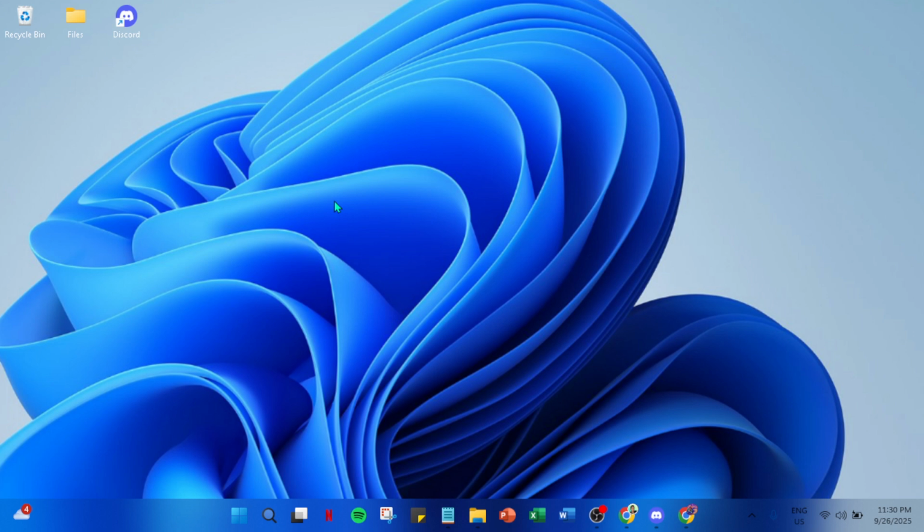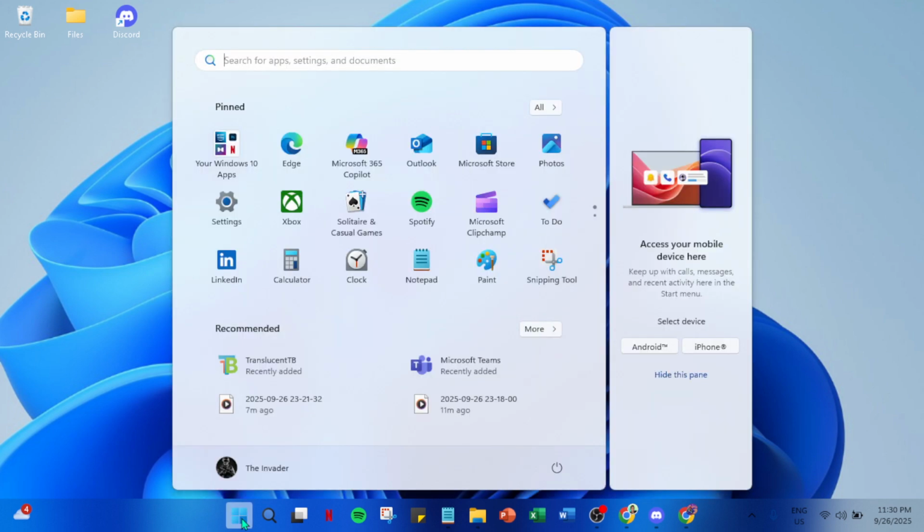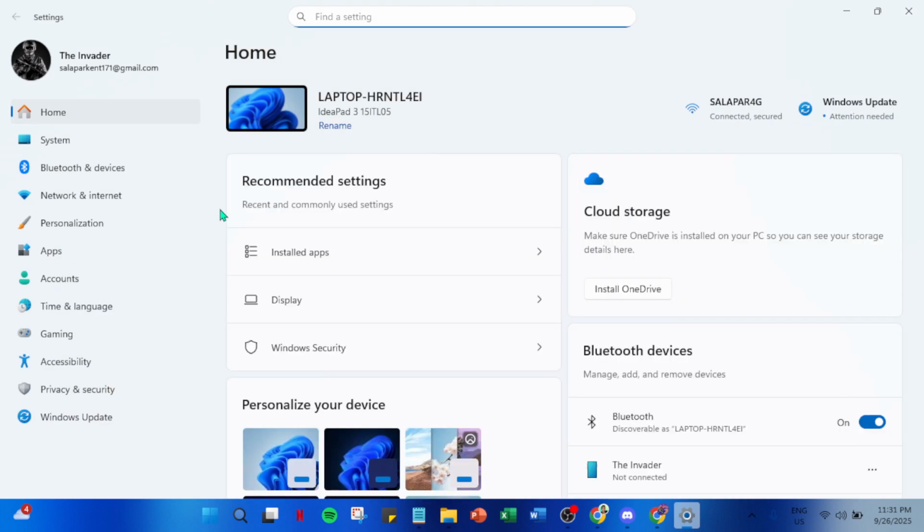First, we'll begin by navigating to the Start menu, which can be accessed by clicking on the Windows icon typically found at the bottom left corner of your screen. This iconic button opens up the gateway to your computer's settings. Once the Start menu is open, let's go ahead and find the Settings option. It's shaped like a little gear icon, neatly tucked into the list. Clicking on this will bring up a new window where you can access and modify various configurations on your computer.